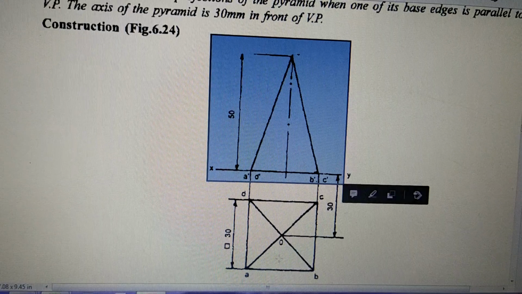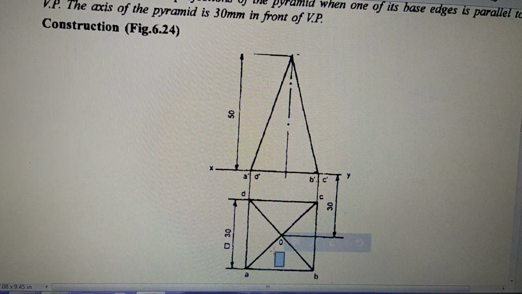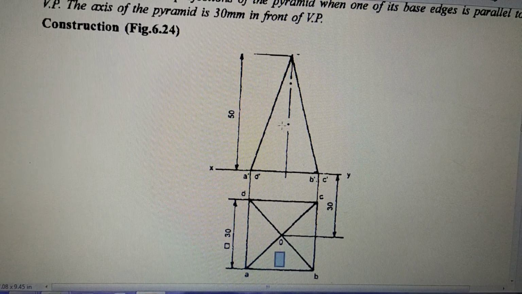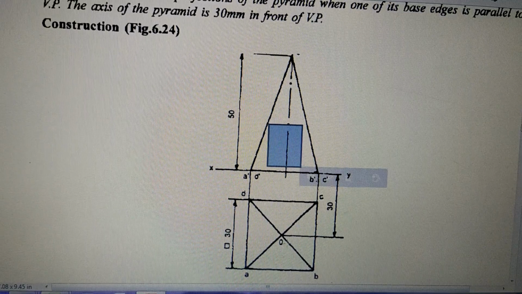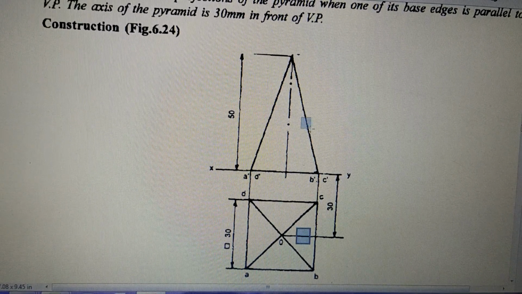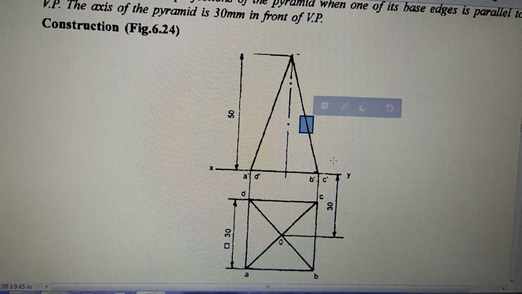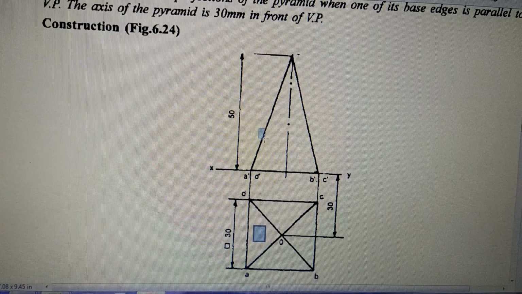Now this triangle means this inclined surface that is seen here. So this whole thing what you see here is this inclined surface. Similarly, there is an inclined surface here also, but this inclined surface is seen just as a line. Similarly, this inclined surface is seen just as a line.